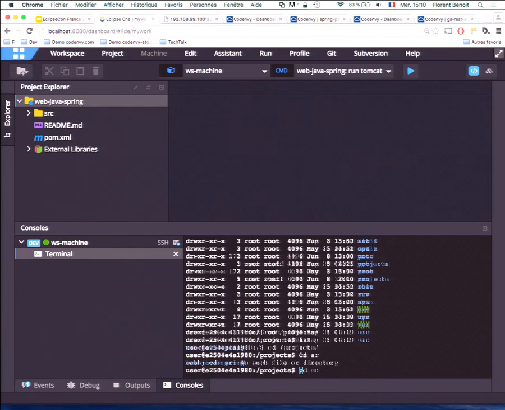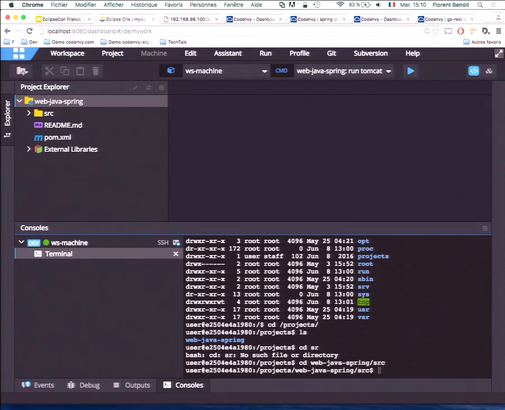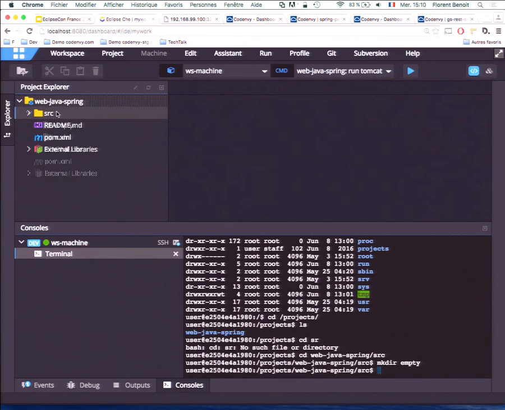If I go in an src folder, if I create some directory, I can see that all the stuff that I do inside the shell is reported inside the IDE tree.